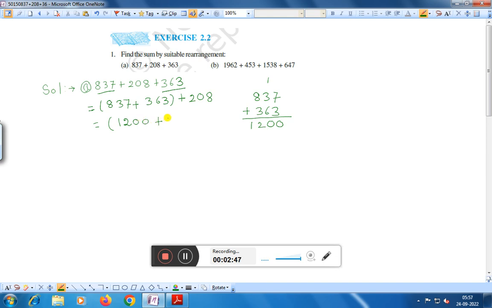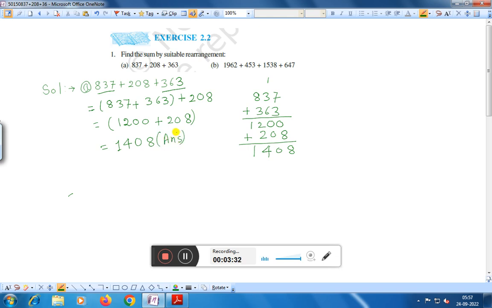Now we add with 208. This is the method to add a sum in a group in a suitable arrangement. That is 1200 plus 208. Here you see, if we add in this way, the addition will be easier for us, or by suitable arrangement we can do it in this way. That is 8, it is 0, 2 plus 2 is 4 and 1. Therefore the answer is 1408, right. This is the answer,